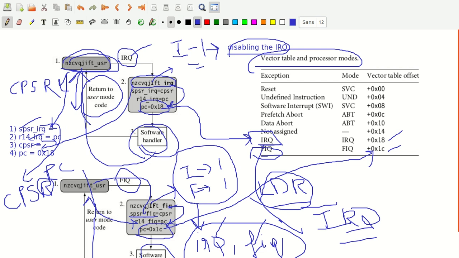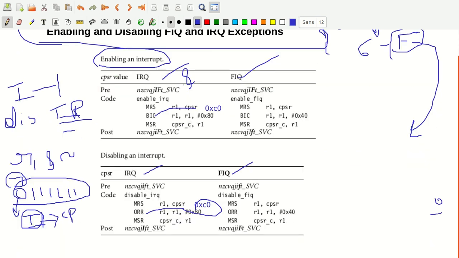Whenever the PC value is set to 0x18, you basically have to disable that. So after the PC is set to 0x18, you have to disable the flags also. So you disable the IRQ request this way.